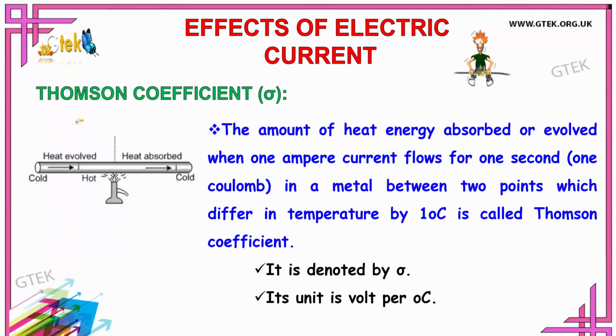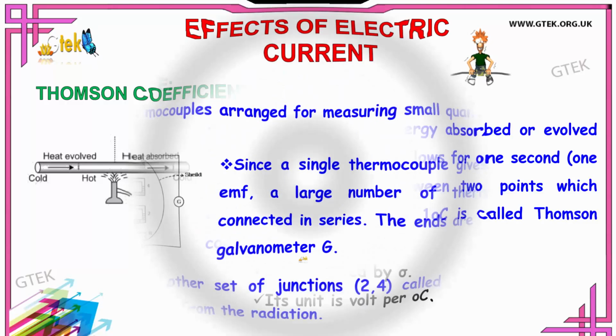You could see the picture on the left side shows that one end is cold and the other end is cold, and in between I am placing a lamp to get the rod heated. So hot conditions are applied in the mid part. When heat evolves from the left side to the right side, that is from one end to the other end, it gets absorbed at the other cold end.